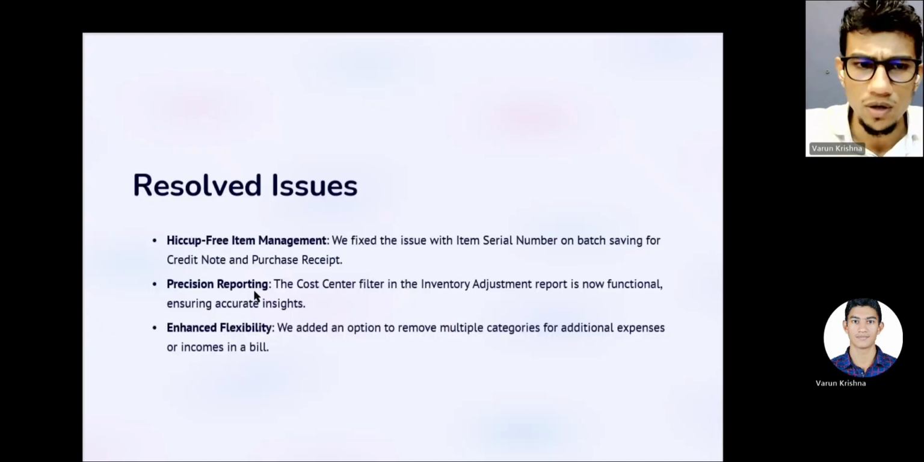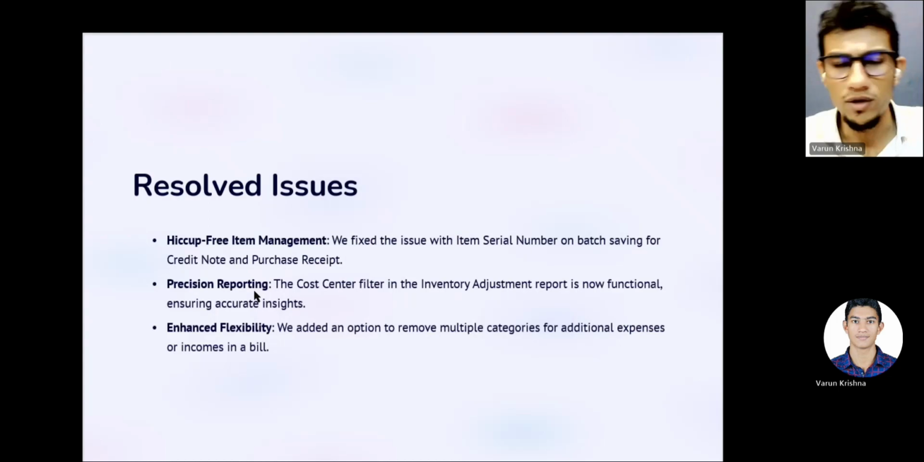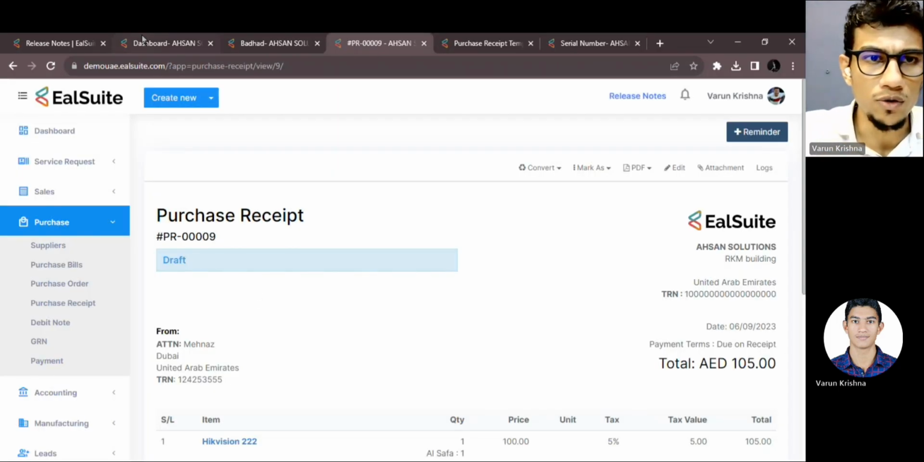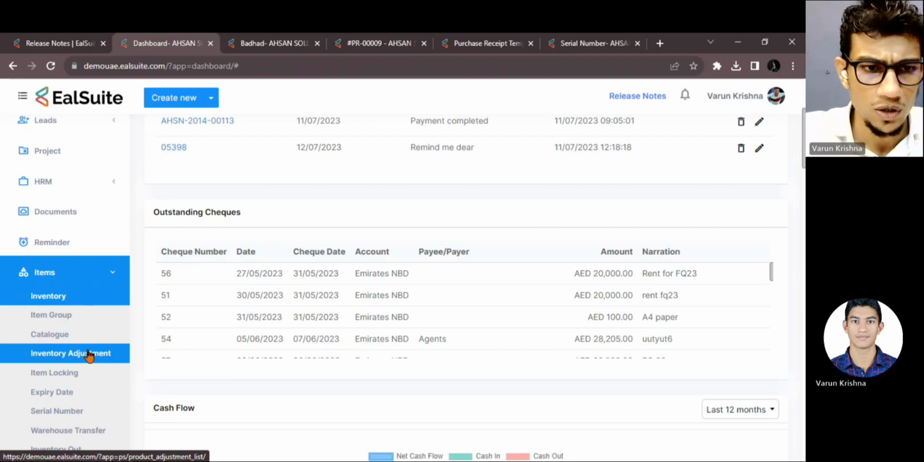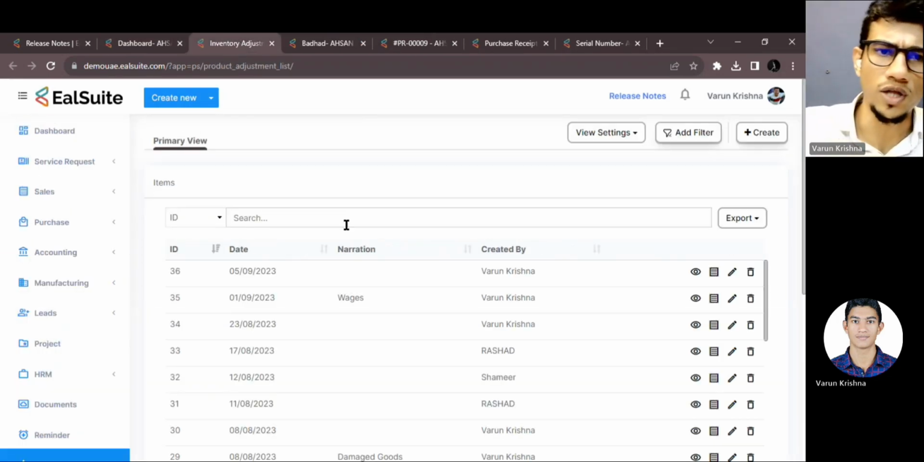Now, the next one, the precision reporting. And that is about the cost center filter under the inventory adjustment report is totally functioning right now. So we'll look into that next. So the inventory adjustment, the issue was that,